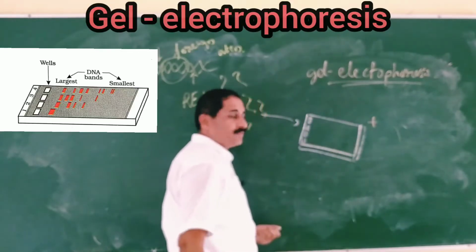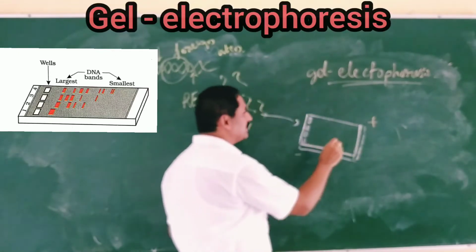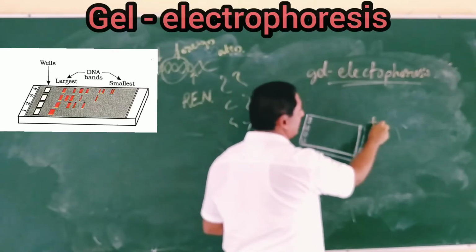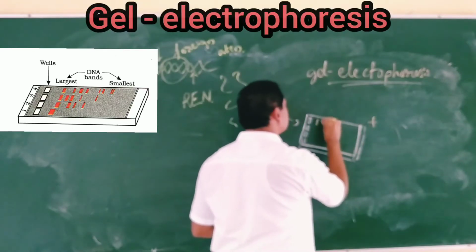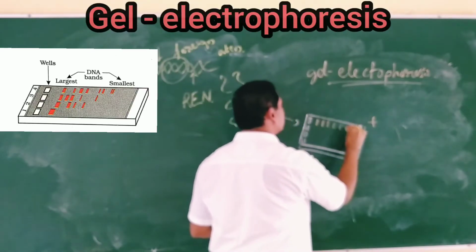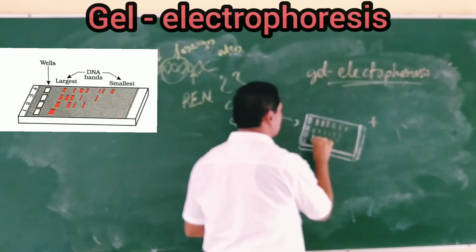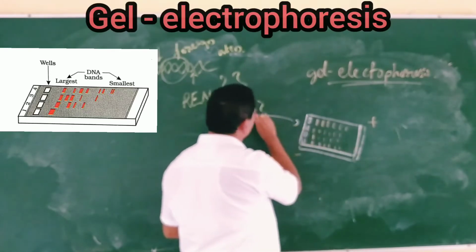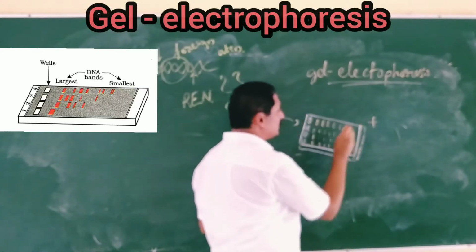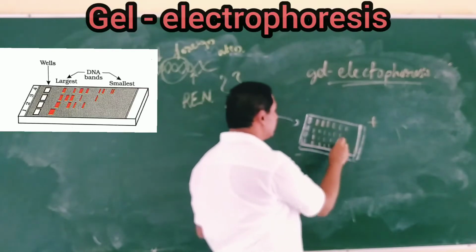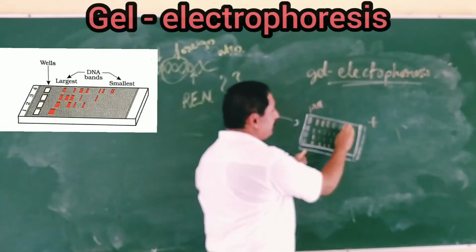Based on the affinity towards the electric field, the fragments travel through the gel sheet. The negatively charged molecule has affinity towards the anode and moves fast. The fragments of different lengths, smaller or larger, get separated and sorted out. When these DNA fragments pass through this matrix of agarose gel, in the small sieves present in the matrix, if you pour into this well, it forms a DNA band.